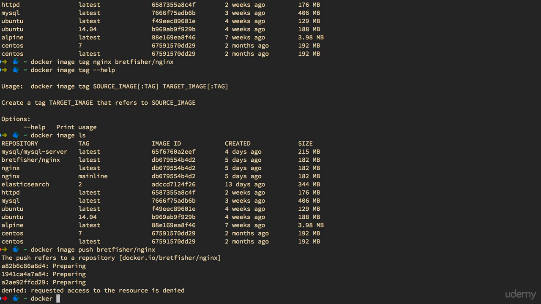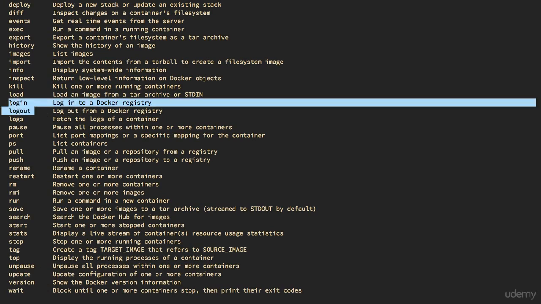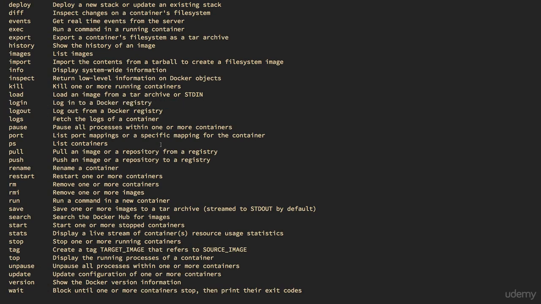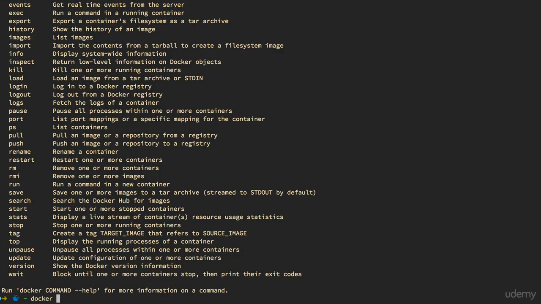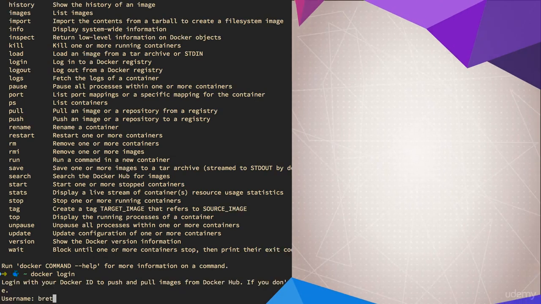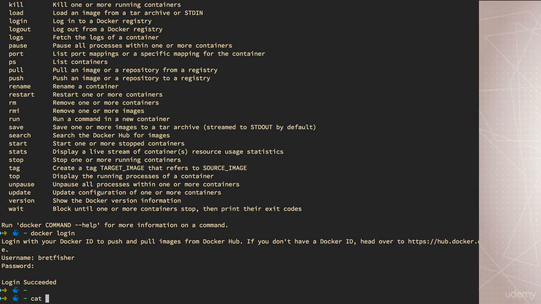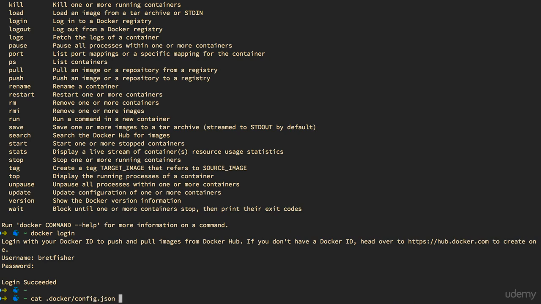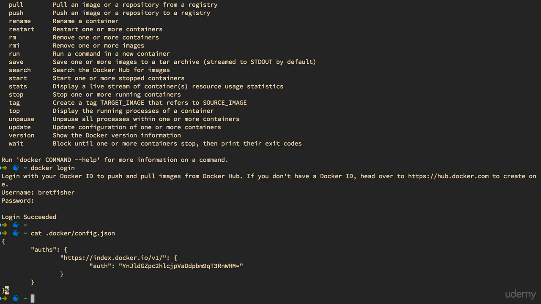So if you look at the Docker help, you'll see a login and log out command. And we haven't used those yet. So once you have your own free Docker Hub account, we can actually log in from the command line, docker login. Okay, so what this actually did was this wrote to a file that by default is in my profile under docker config. And it actually stored an authentication key that would allow my local Docker CLI to access Docker Hub